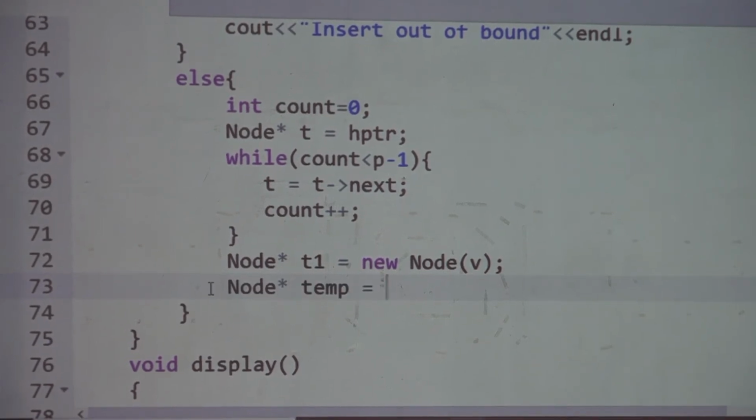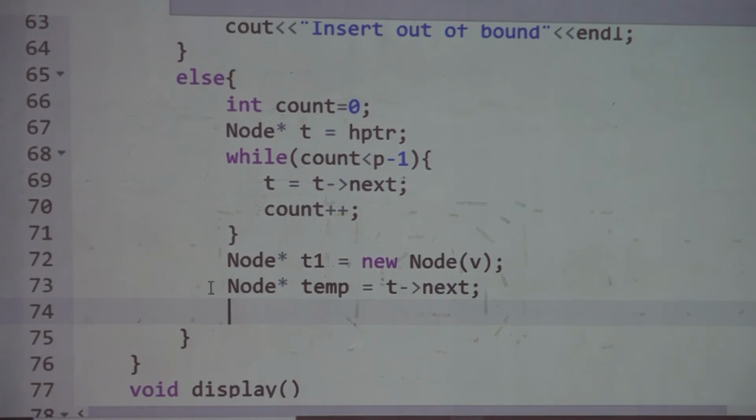Temp is equal to T's next. Are you understanding why I am doing this? I have to preserve my old T's next, otherwise I cannot make the chain complete. So node start temp is equal to T's next. Then I will say T's next